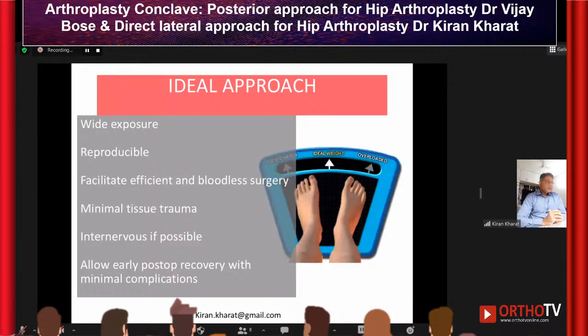But what should the ideal approach be? Like Vijay said, it should give you a good exposure, and you should be able to reproduce it consistently. And one must learn to evolve and improve it every time you do it. The approach should be bloodless, it should be preferably internervous, and should allow the patient to recover well with minimal